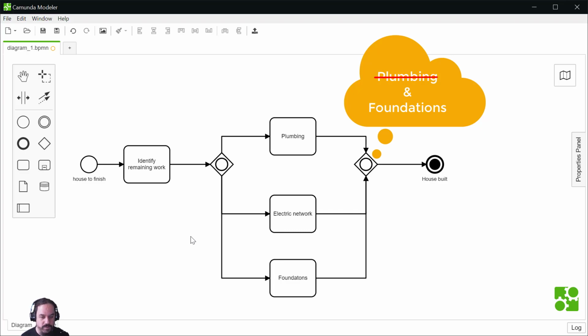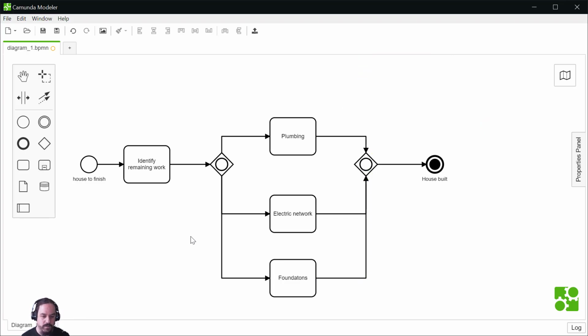So now the process is waiting for foundations to finish. After some time, the token is output and arrives at the gateway. Now the gateway has 2 tokens and can output the token to house built. So that's how this gateway works. If you pay attention, you should be able to understand it. And that's pretty much it for the gateways.